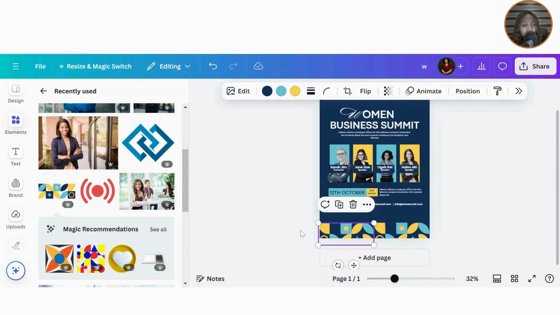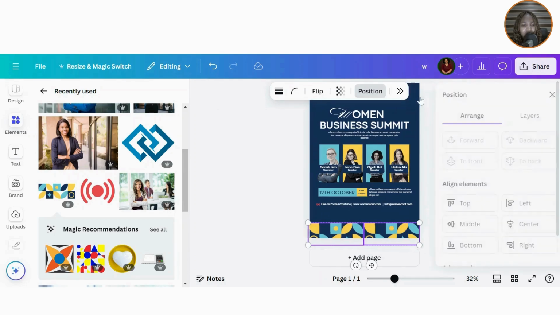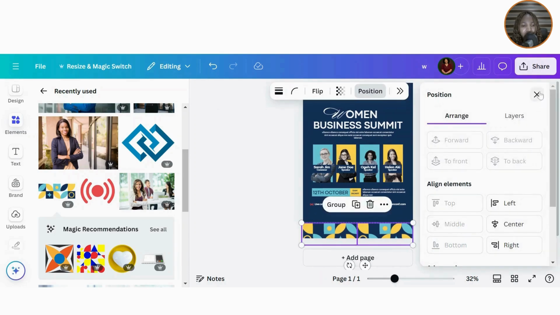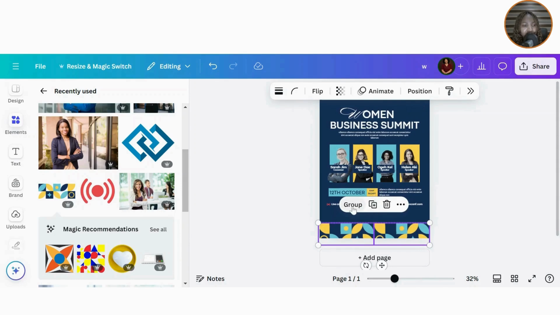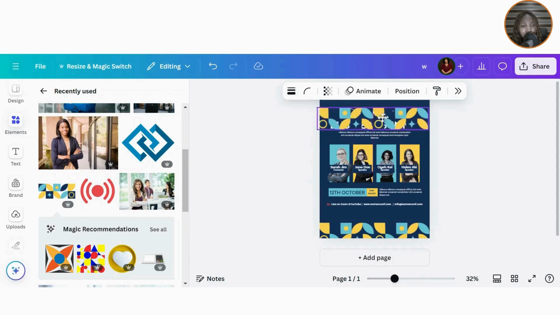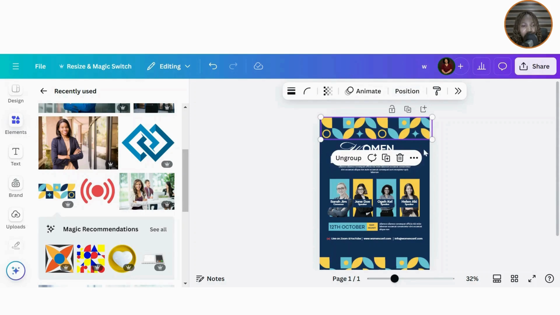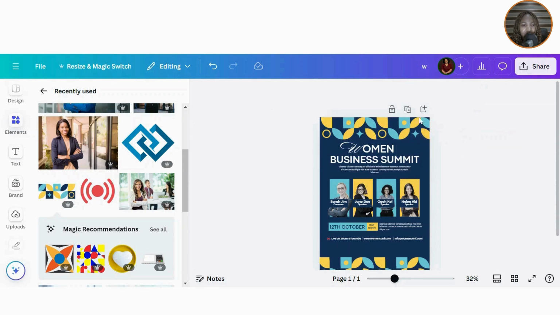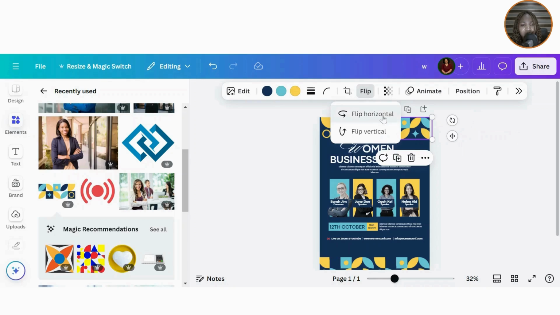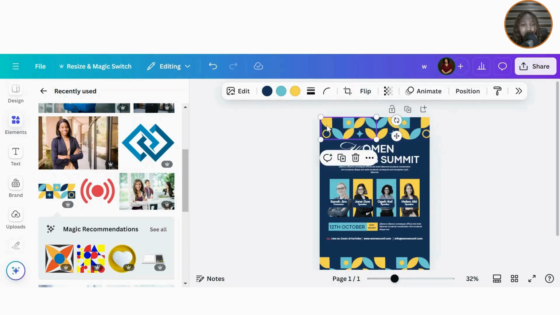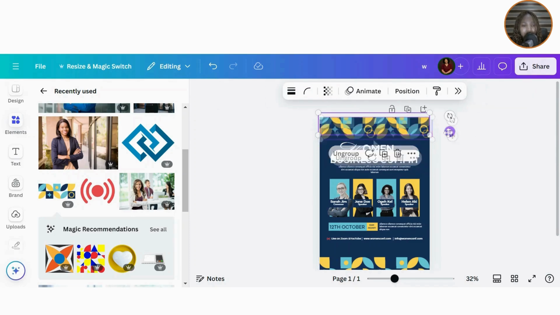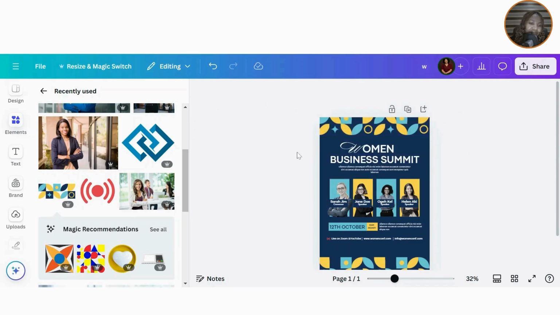Let's ensure it is aligned properly. Duplicate and bring it up. Ungroup it. And then flip back to the original side. Let's also flip this horizontal. Group it and take it up. Let's bring this entire stuff down so we can have space